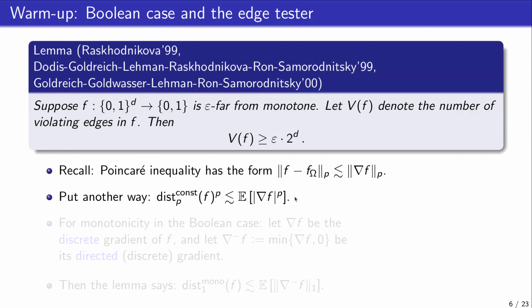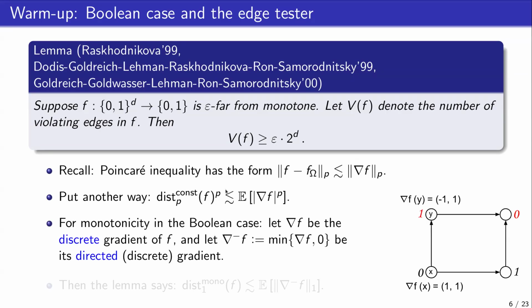Let me write this a little bit differently. Essentially equivalently, up to some constant factor, I'm going to rewrite this left-hand side. Instead of talking about distance to this average function, I'm just going to write distance to a constant function. That's the notation here that I'm going to make more concrete in a couple of slides. Distance to a constant function in LP norm, don't worry about the P too much, is at most, and here I'm just explicitly writing out an expectation for this LP norm. Again, it's just a notation choice. So the distance to a constant function is at most this expected norm of the gradient. Okay, this is the Poincaré inequality in general.